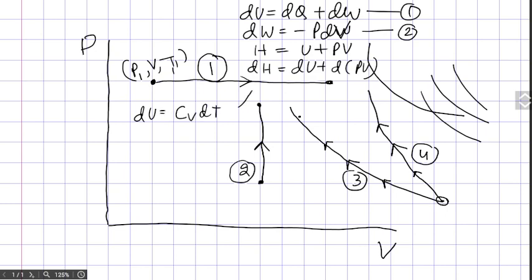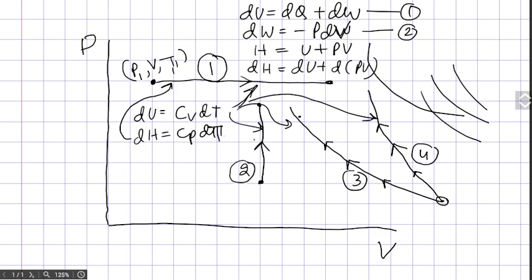It is true for all these processes. Actually it is for the constant volume process, but for an ideal gas it is true for this process also, and this also. In the same way, dH is equal to Cp dT is actually true only for a constant pressure process when you are dealing with real gases, but if you are taking an ideal gas then it will be true for this also, this also, this also.